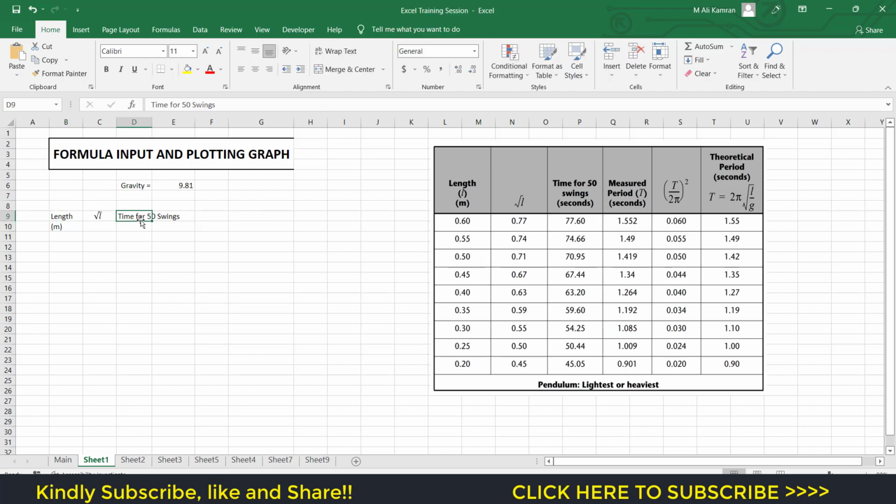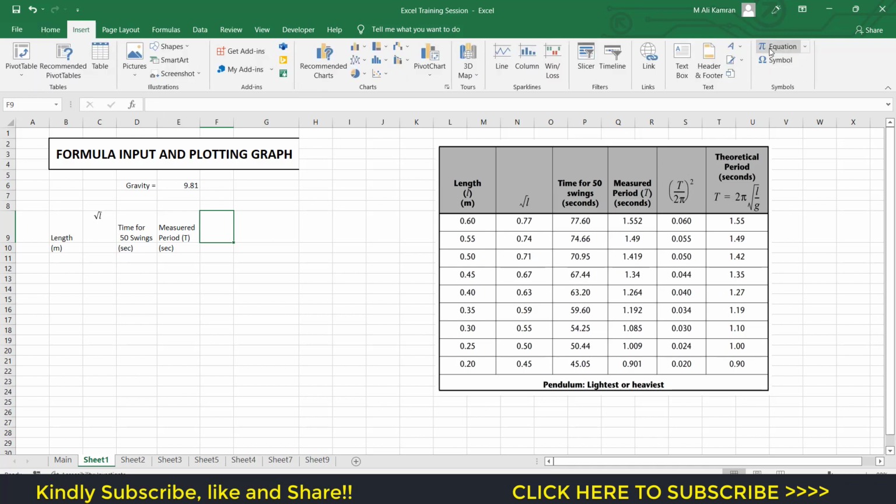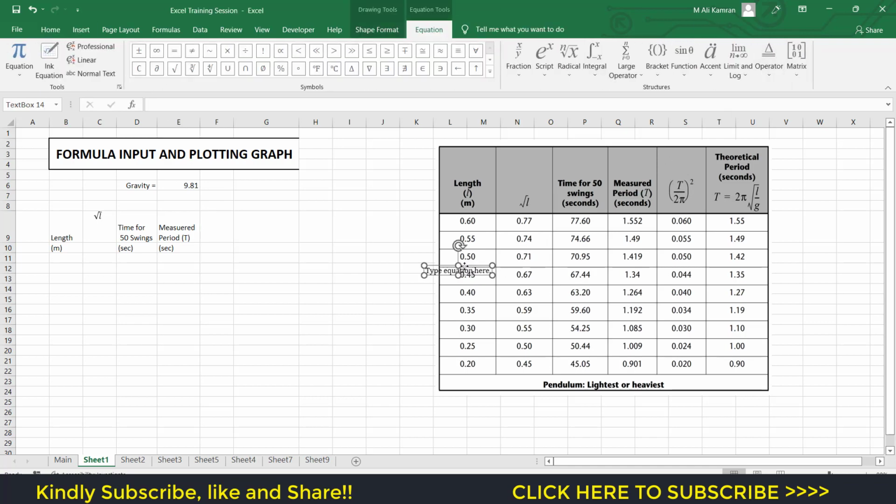And if you want to put all this text in one box or one cell, we will click on this wrap text. So this is wrap text, and this is time for 50 swings. So now after measured period, what we need to do is that we need to have this as the table header, right? So this is T divided by 2 pi square. So again, insert equation, and then